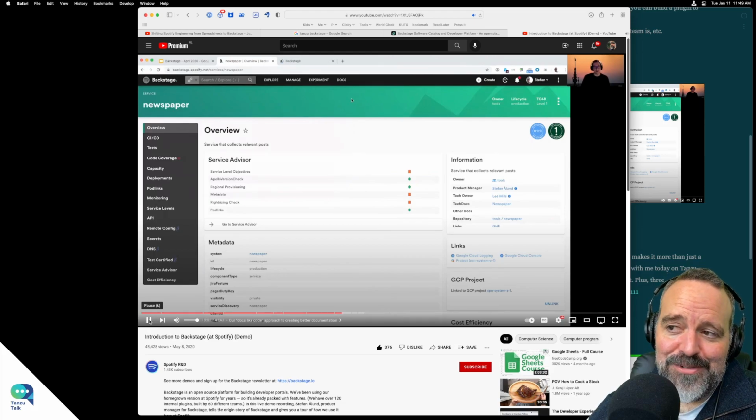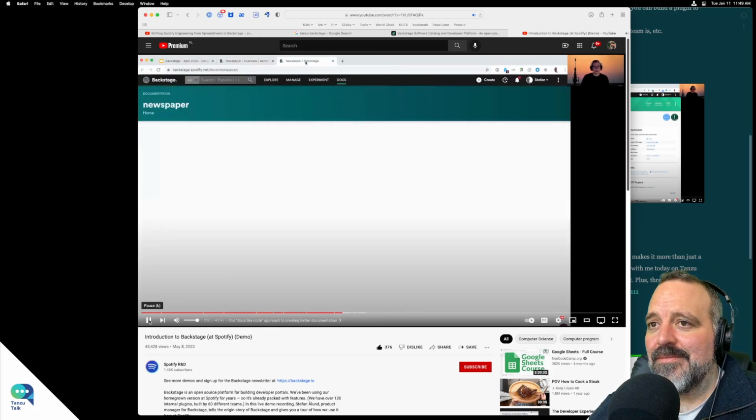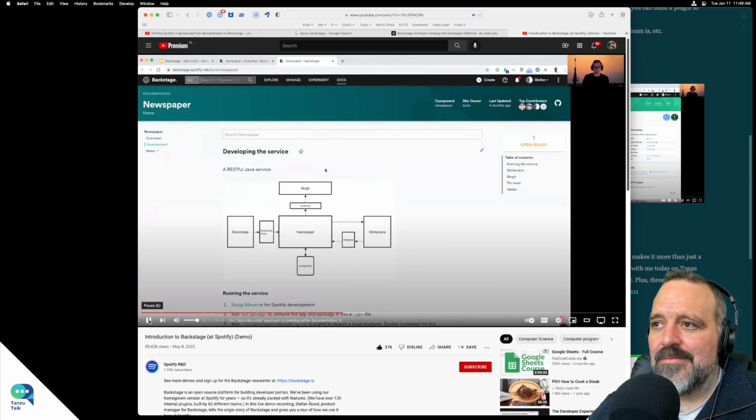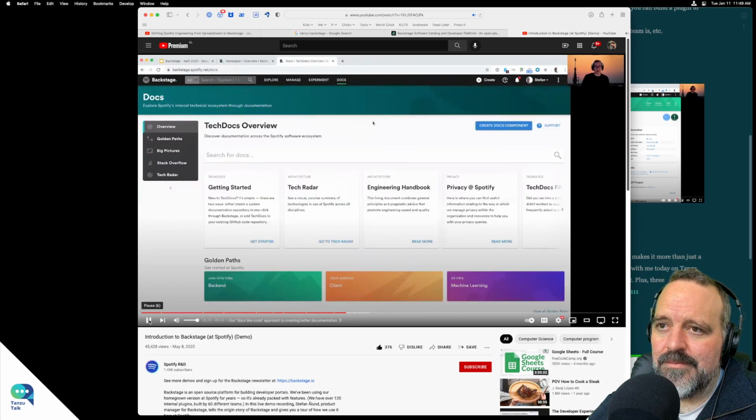And we can also view that documentation right here in Backstage. So during the CI process, documentation is built into a nice looking documentation site, and it's available in Backstage at a predicted URL. So this was documentation for one of our software components. We also have a landing page for documentation as a whole. So if you want to search not just for one component, but across all technical documentation inside Spotify, you can do that from Backstage as well.